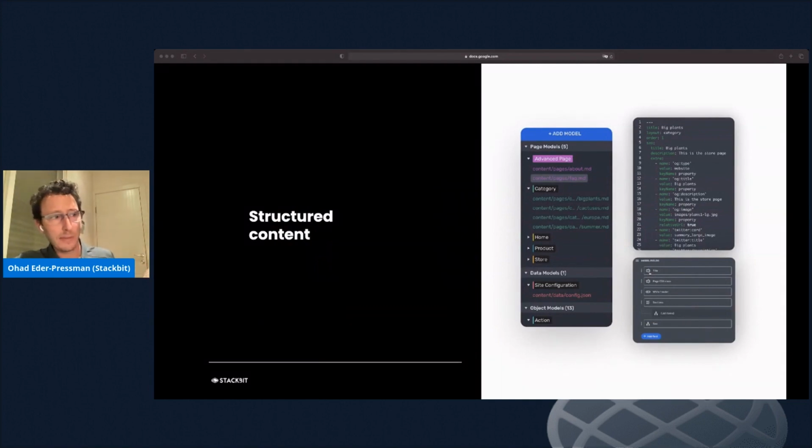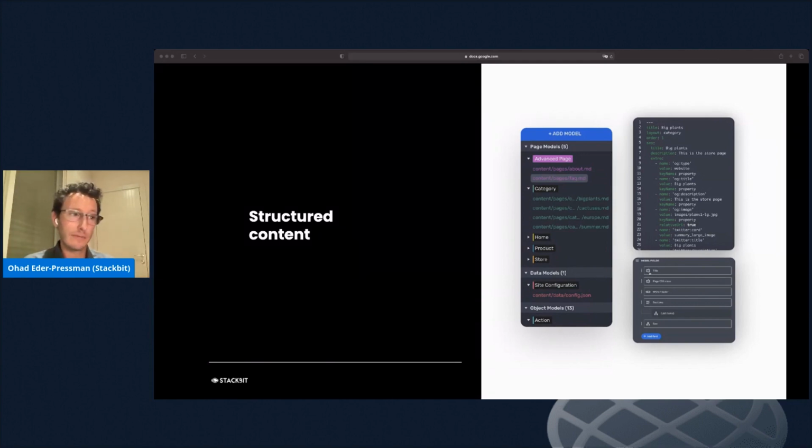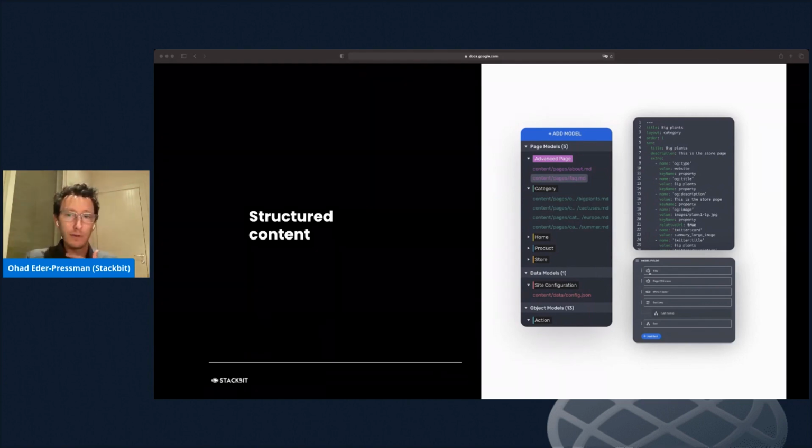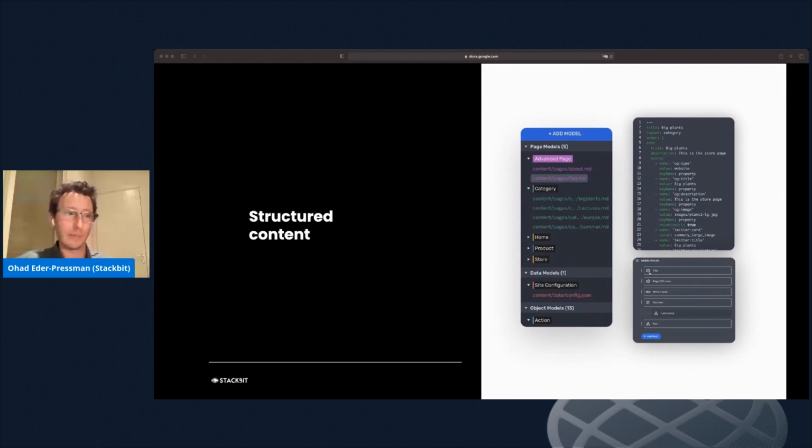I spoke a little bit about structured content. For the typical StackBit website, we'll store your content for the website. So it's basically all of the strings, all of the parameters that affect the display of your website, all of your images, everything in Markdown files and config files that are part of your GitHub repo. So as a developer, you have full control, full visibility, but then your marketers can use the visual WYSIWYG tool to make changes, and those basically trigger commits to your Git repo.